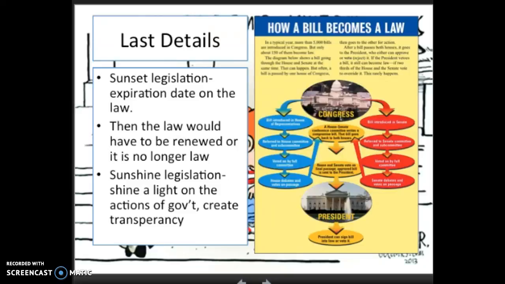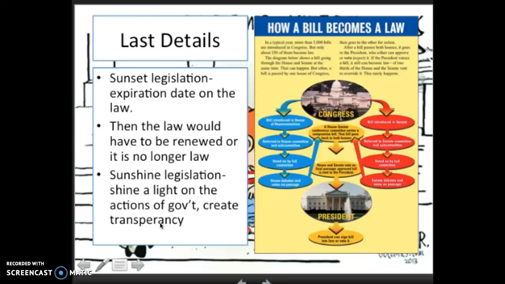And then next is sunshine legislation, and transparency spelled wrong. Get over it. Spell it right. All right, so sunshine legislation is legislation that is there to shine a light on the actions of government and to create transparency. A piece of sunshine legislation would be something like the Freedom of Information Act, that requires government agencies and government officials to be as transparent as possible with the American people about what they're doing, as long as it doesn't hurt national